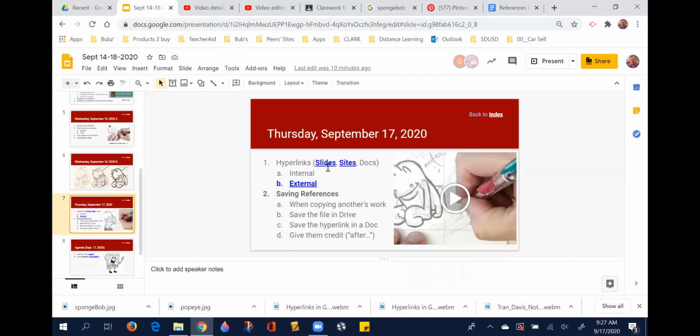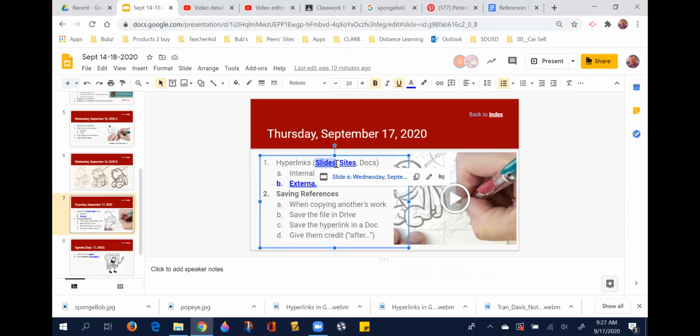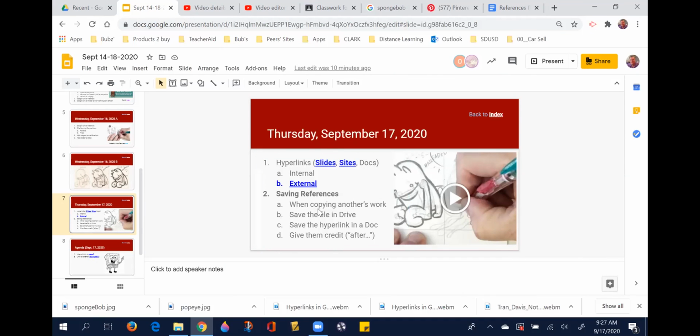Okay, so we talked about slides. We talked about hyperlinks. Hyperlinks work the same on Google Sites as they do on slides. So whether you're doing an image like this, inserted YouTube video from today's Daily Doodle, this is a link to my YouTube page that is also linked here. And once again, an internal link